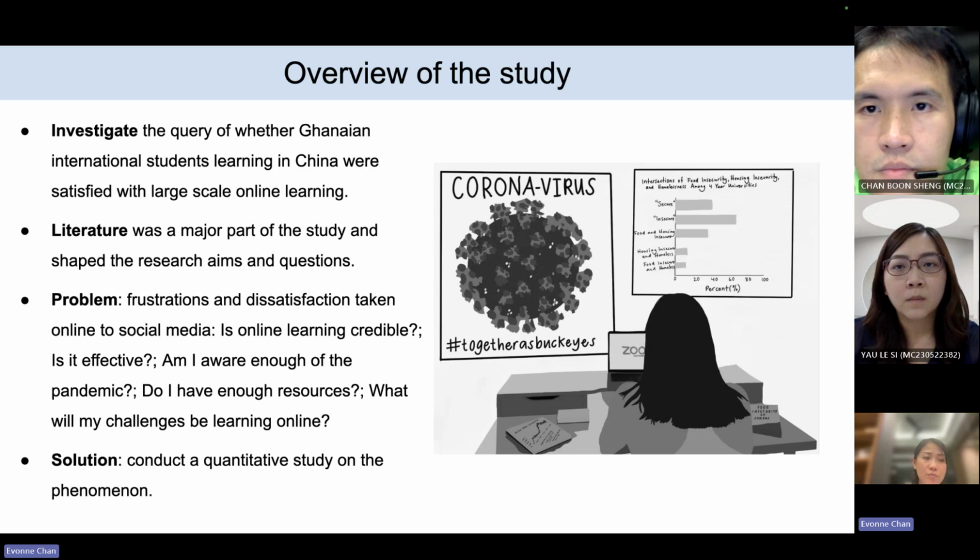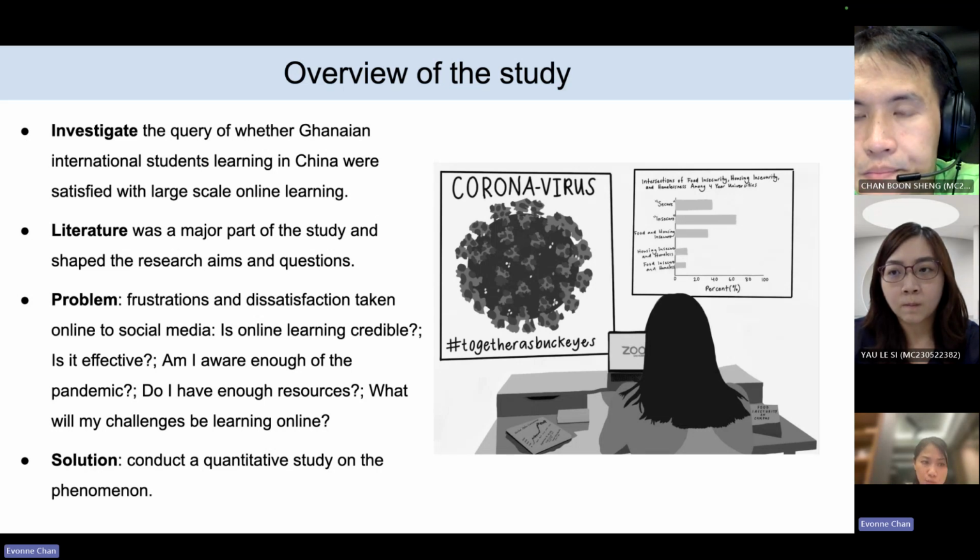Now, the literature in this study forms a major part of it because it adopts a quantitative methodology. Hence, the literature influences the research aims and questions heavily. The problem questions that came up were their view of how credible and effective the online learning course content was, the level of awareness they had toward the COVID-19 pandemic, how content they were with the learning resources they had access to, and challenges they are more prone to encountering during online learning.